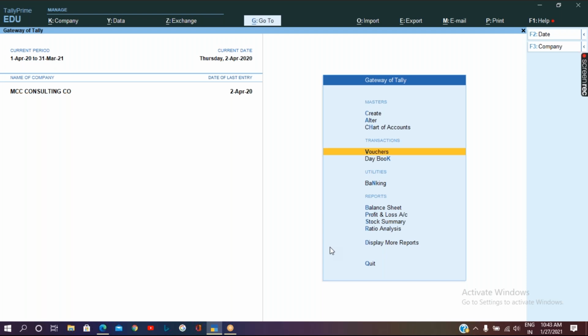Tell me whether godown is related to accounting or inventory. Inventory, very good.